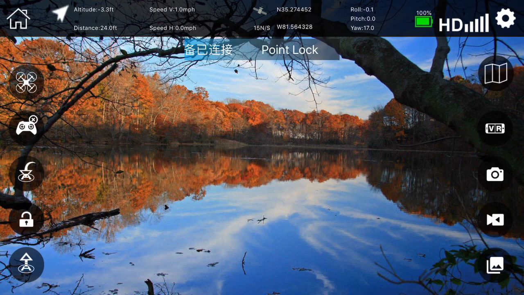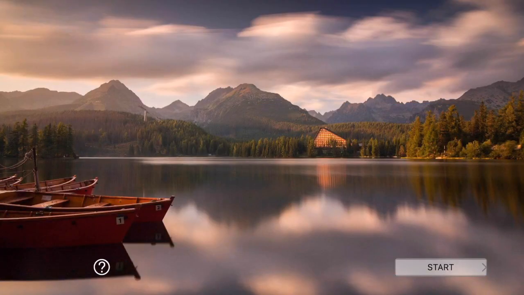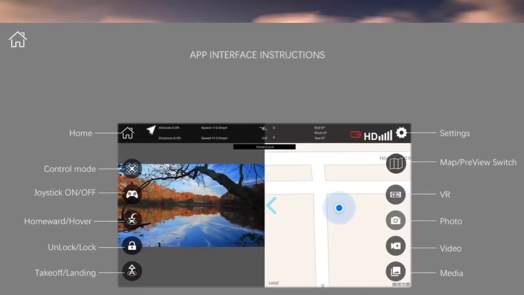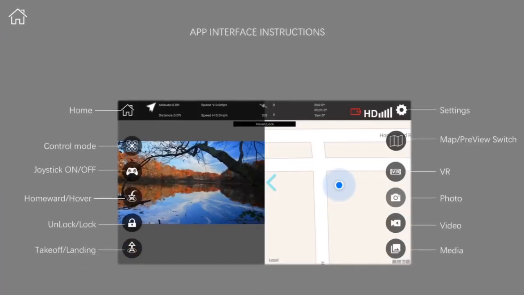We will be talking about the VIVITAR Aero video drone app today. First, let us click on the home page, the home icon at the top left corner, and we click on the question sign icon on the bottom left. It brings us to the app interface instructions, which basically just describes the various icons on the interface. So let's go back,